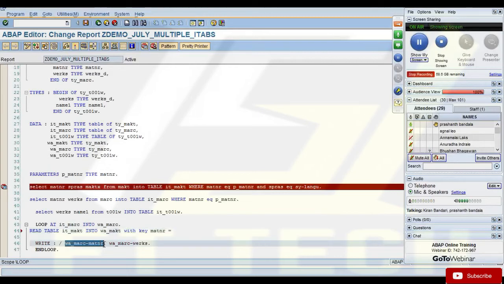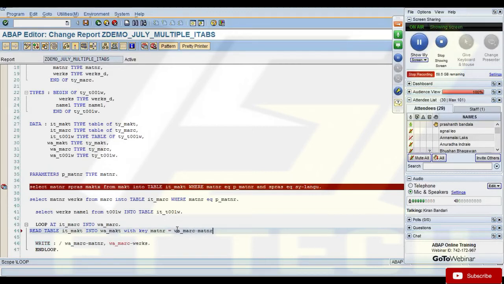Read this IT_MAKT for that material, get its description. So when I read this, it will bring the line where material is matching the current material. So I'll also get the description. So this read statement will bring the description into my WA_MAKT, right? So I can print that here. I can say WA_MAKT-MAKTX. So I got the third value also.